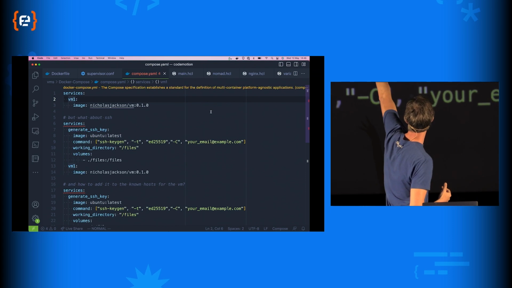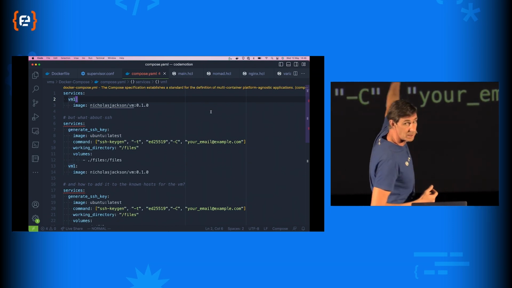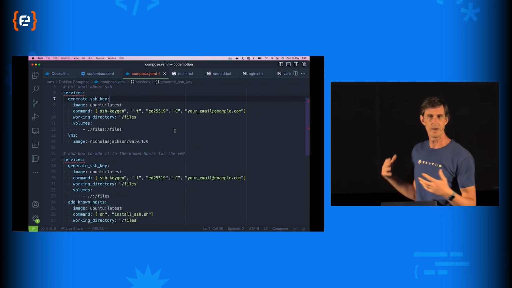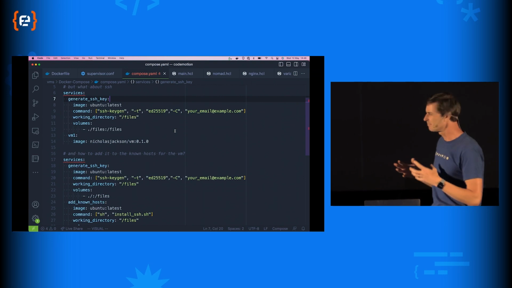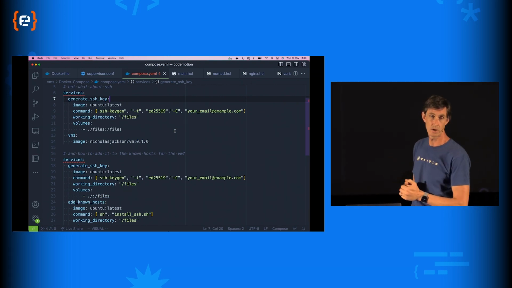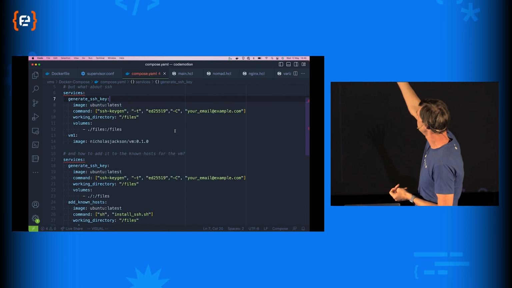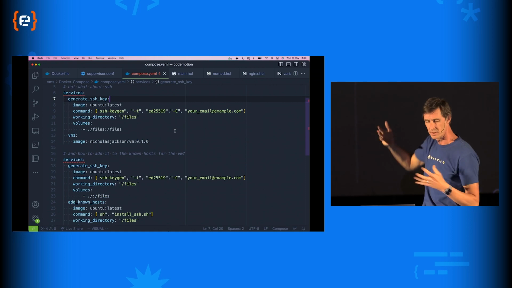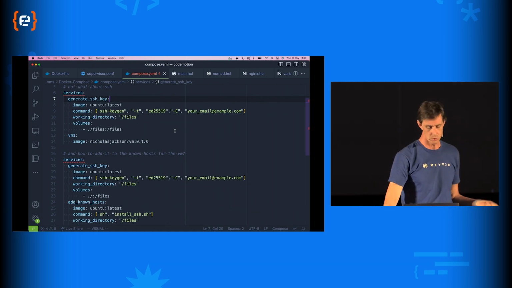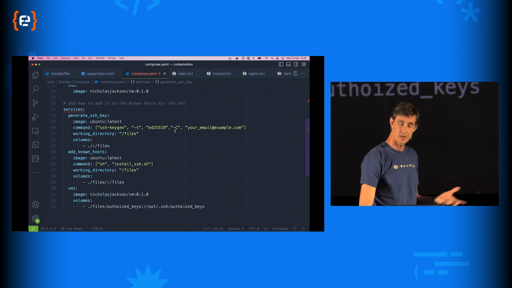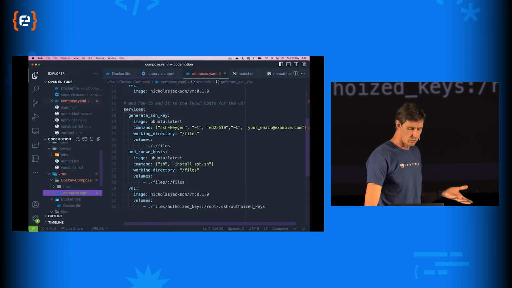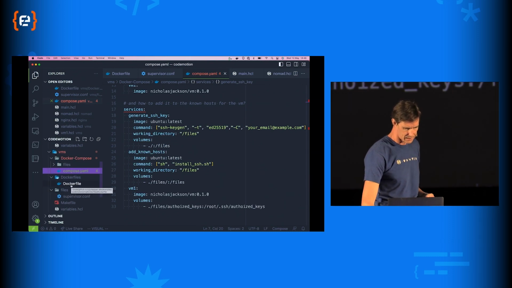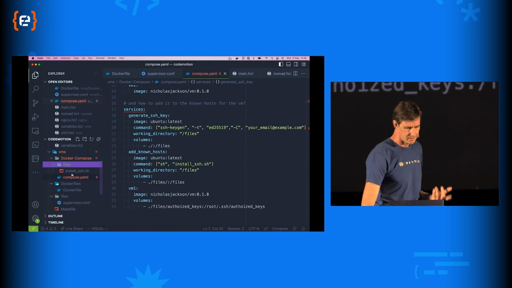So in its simplest iteration, Docker Compose, fabulous, absolutely fabulous, really easy. But when you start to do things like, well, I want to generate an SSH key, it's not easy to do that from Docker Compose. I mean, I can create another application, and I can run a command, and mount a file. But then, how do I install the SSH key onto the machine? There's no really easy way to do that. I've got to run a command to put it into authorized keys. And to do that, you end up with a bash script.